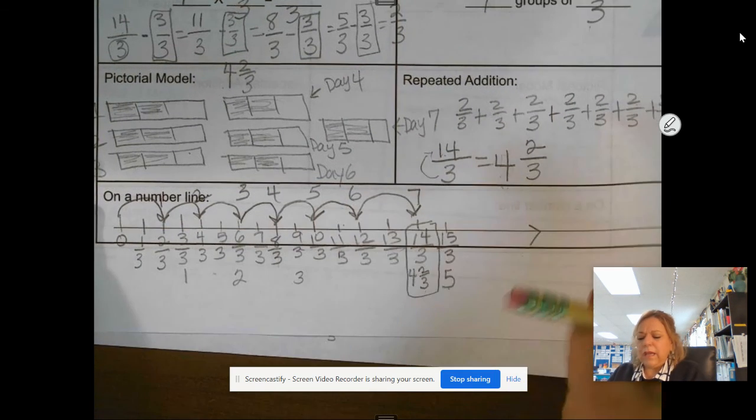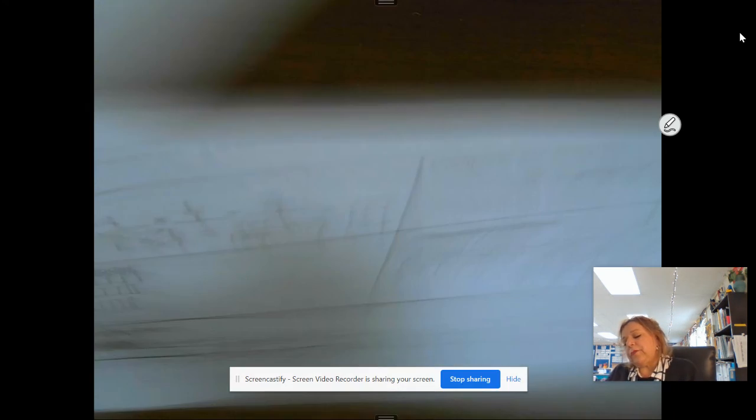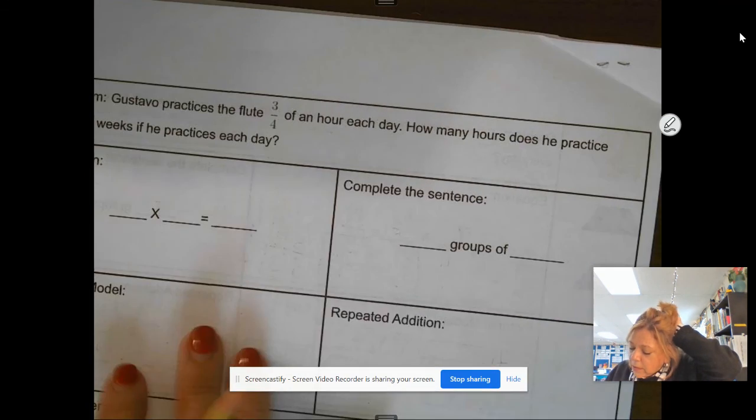All right, way to go, good job. We have one more left and we're done for the night. Gustavo practices the flute